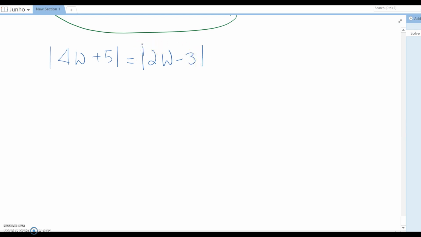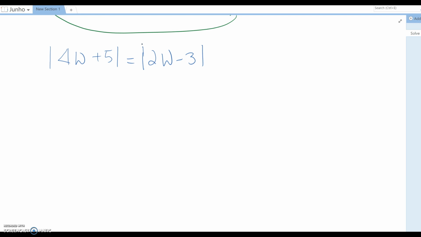The reason this one is a little bit harder, or even way harder, is because both sides have the absolute value box. In this case, you may center on one side only